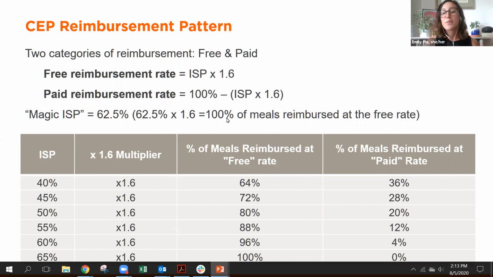We've seen schools adopt CEP that haven't done breakfast after the bell, that have had really low breakfast participation, see breakfast increase 400% and just generate a ton of revenue. So it really is a personal question for each school and district at where that ISP needs to be for it to be financially viable. Luckily, this grouping calculator and some other financial tools will help you make those decisions.